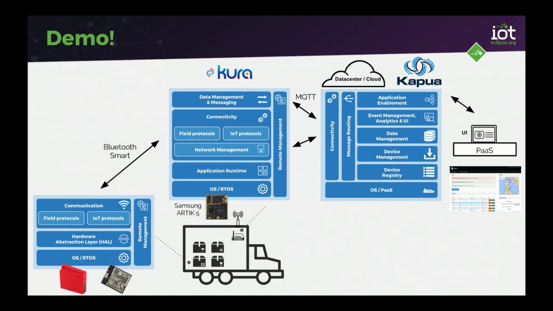But when it comes to deploying software on the kind of gateways that would be within the airports, or within the trucks on the floor at the airport, there I don't quite know what those devices are going to be running, what kind of hardware it's going to be. But Kura can be easily ported to many platforms, and it's actually already been ported to many platforms. It can run on many flavors of Linux. It can run on Windows, and it can run on ARM-based architecture, on Intel-based architecture.